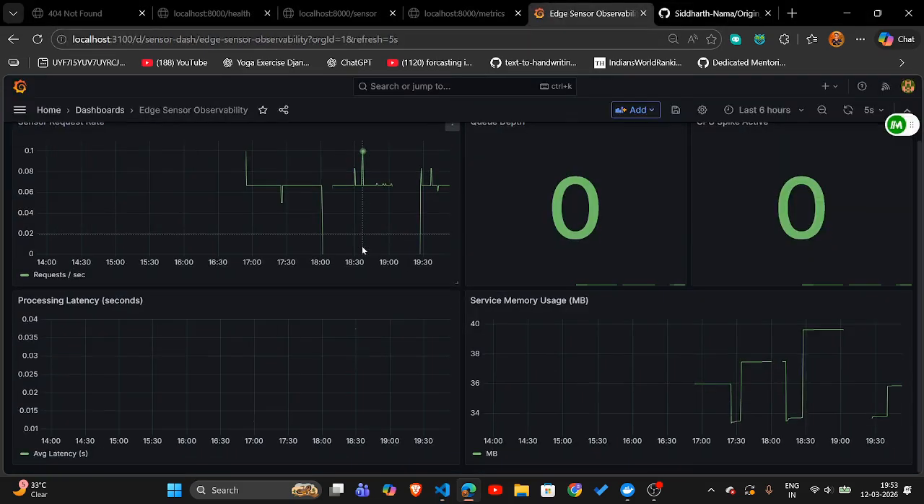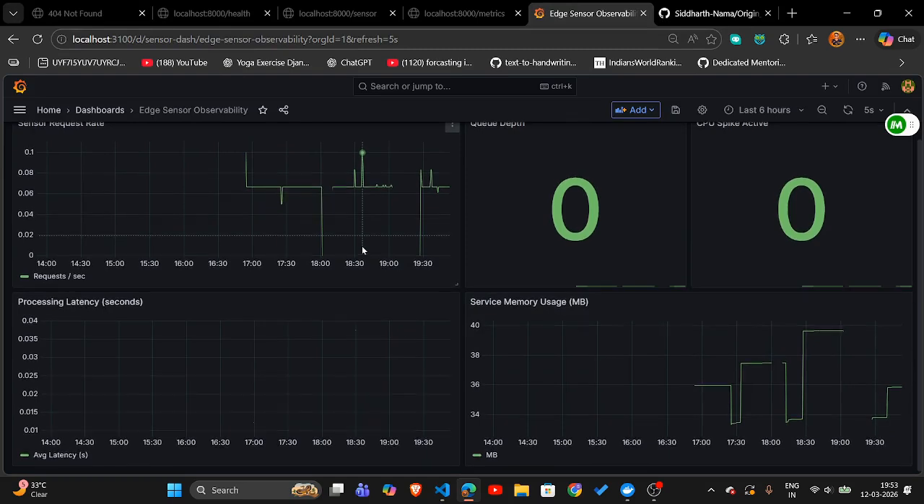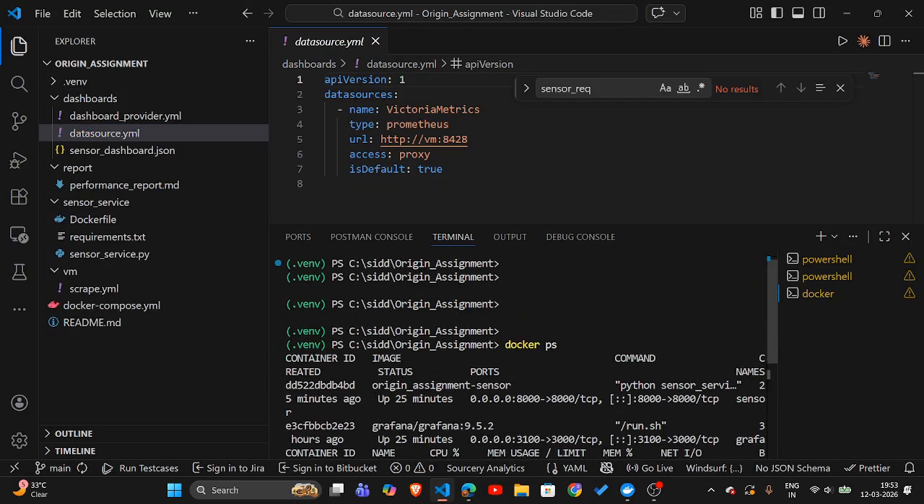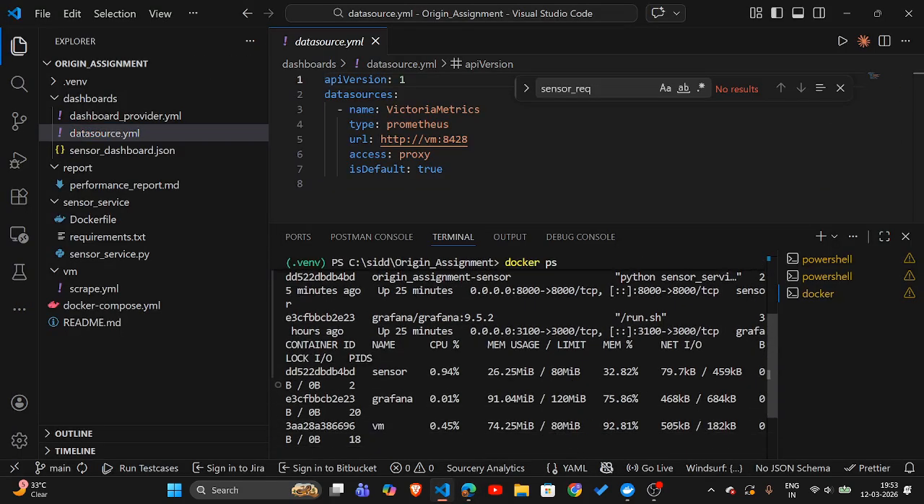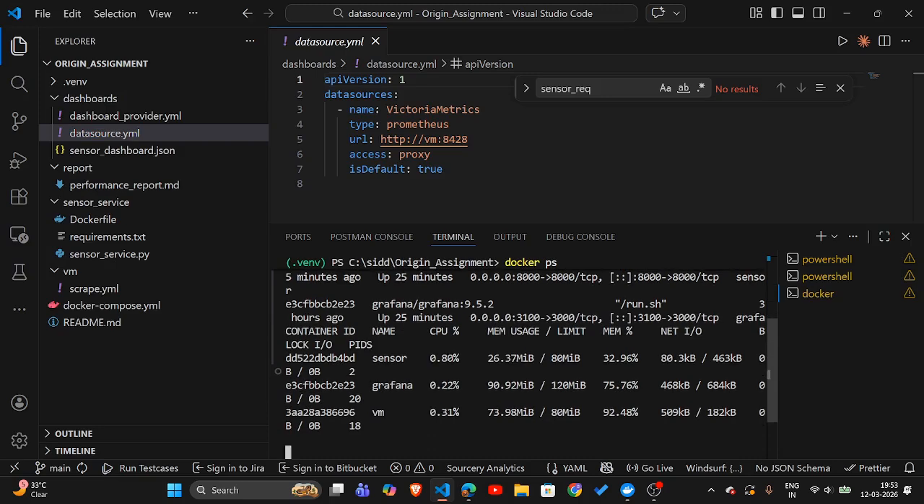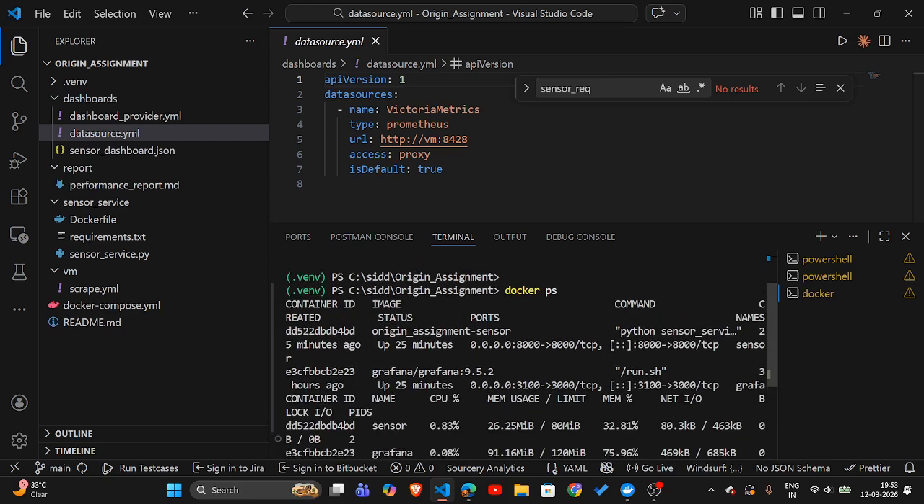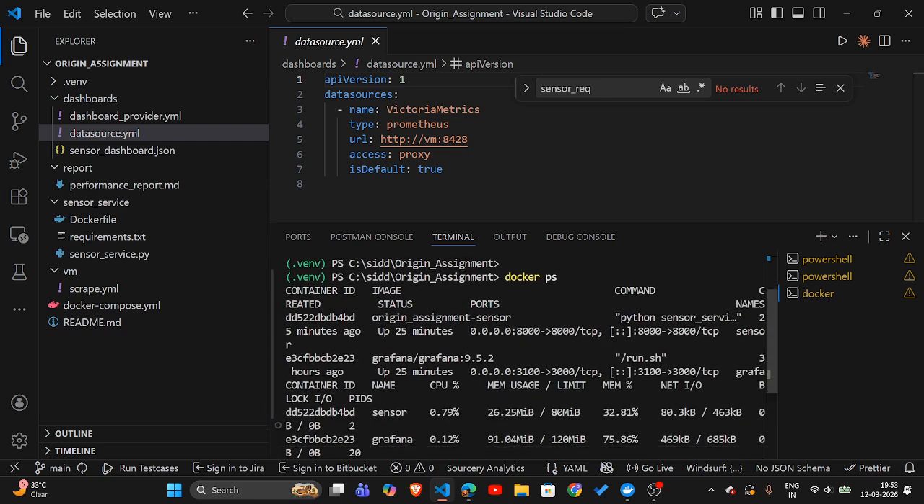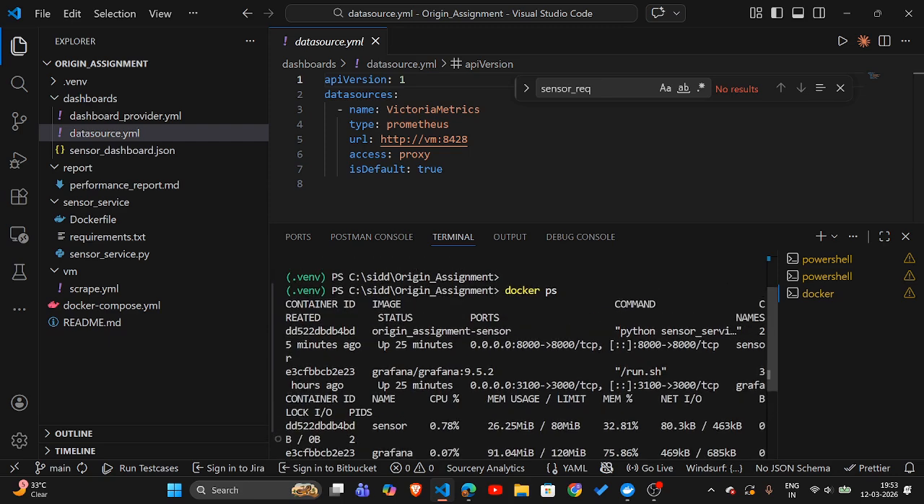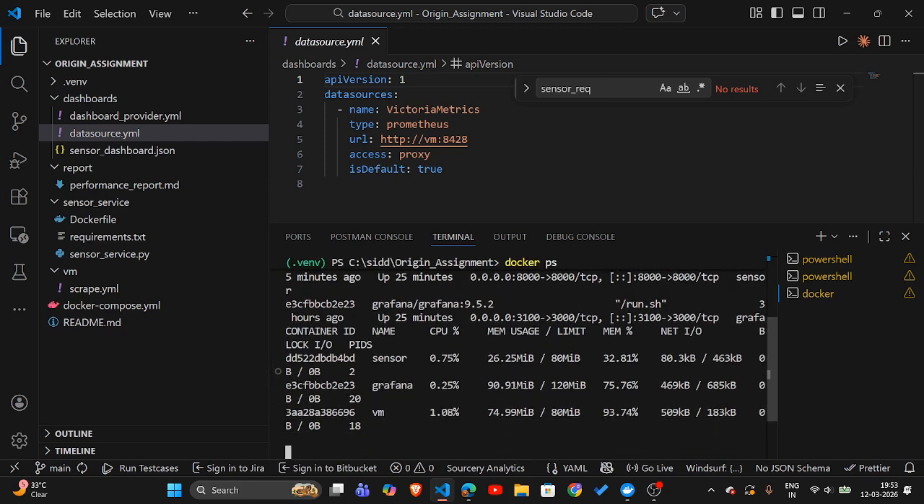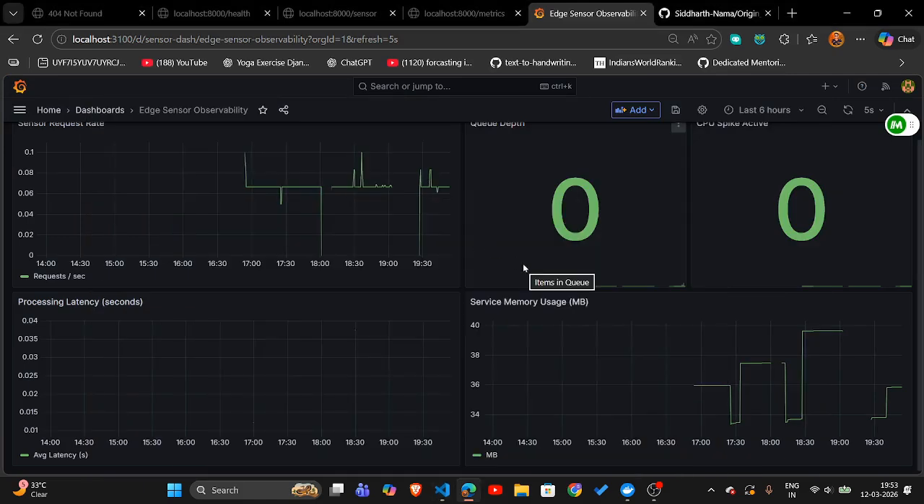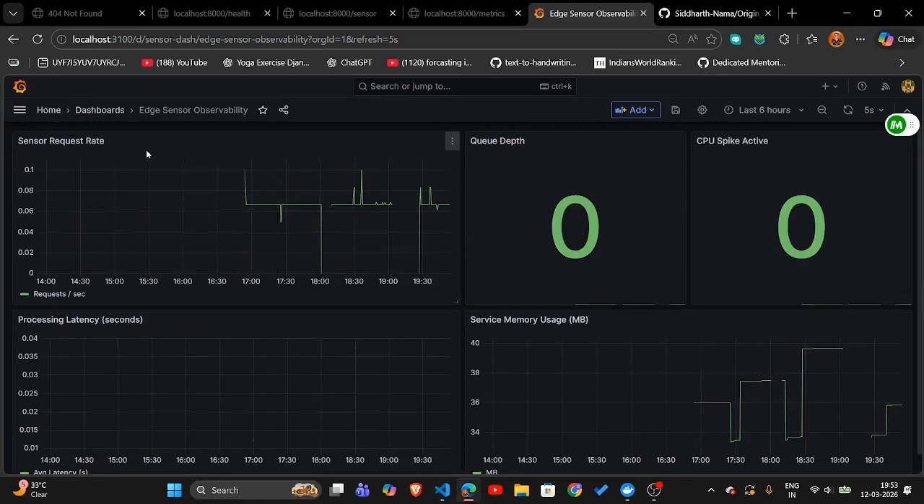Now let me show a quick demo of the system running. I will run docker ps. As you can see, here we can see the containers for the service: the sensor service, Grafana, and another is VictoriaMetrics, right? And I will open the Grafana dashboard here. You can see that there is the sensor request rate, queue depth, CPU spike active, processing latency and